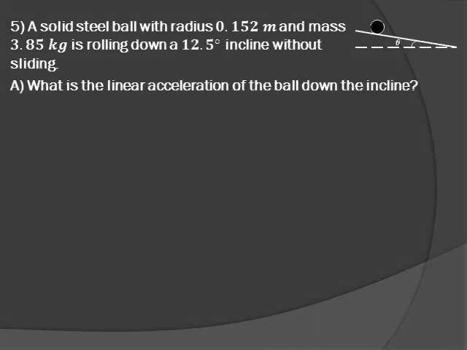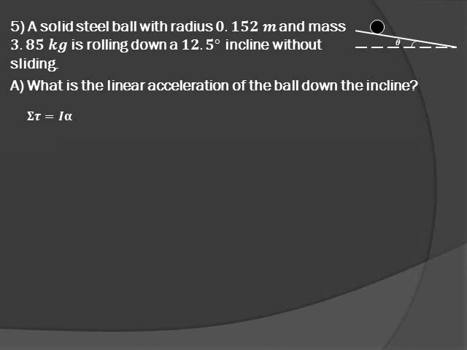All right, number 5 has a solid steel ball of radius 0.152 meters and a mass of 3.85 kilograms. It's rolling down a 12.5 degree incline without sliding. So what is the linear acceleration of the ball as it's rolling down the incline? Well, in order to figure out the linear acceleration, we got to figure out how much it's going to be rotating. So we got a net torque that's going to be equal to the moment of inertia times